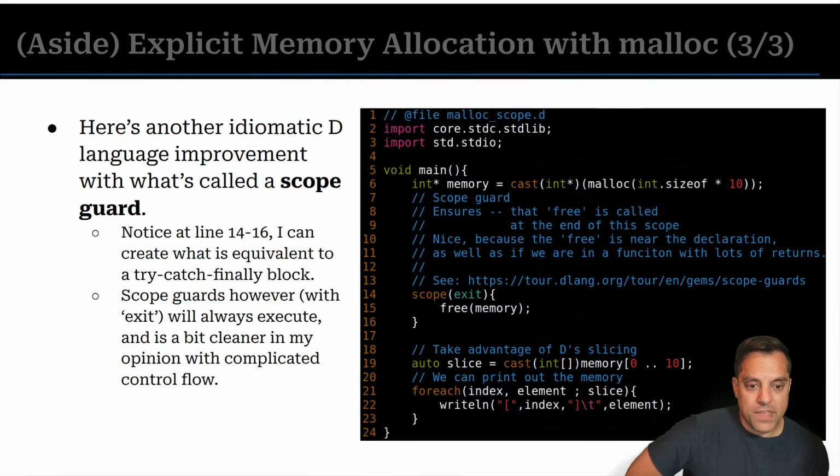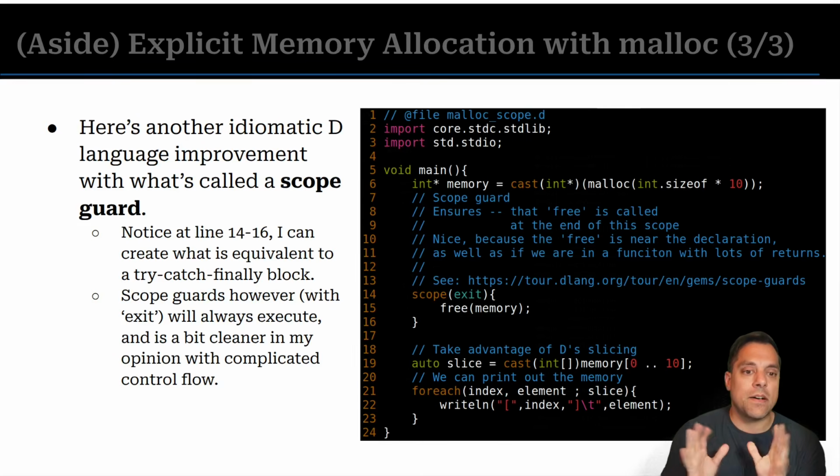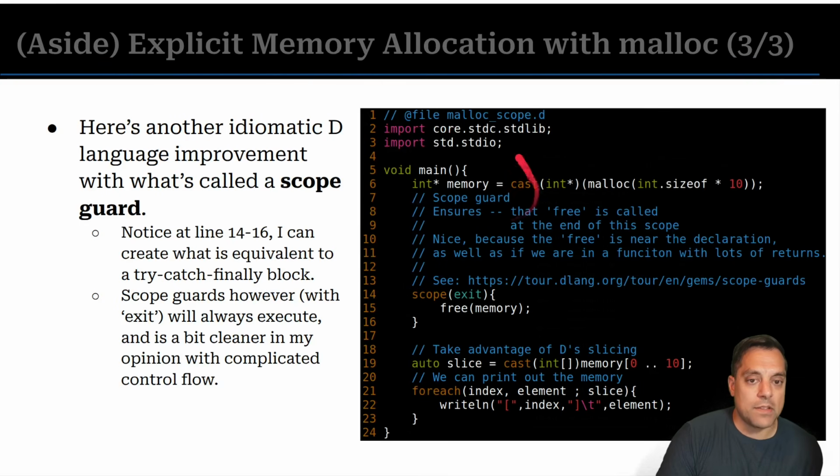Okay, now, because sometimes we do forget to free our memory, let's say we have to make a really large allocation. Here it's 10, but something large enough where you'd want to justify using heap memory. Let's say a million bytes or something. I don't know, a gigabyte of memory. For whatever reason you want to allocate within your main, and then you want to make sure that you free